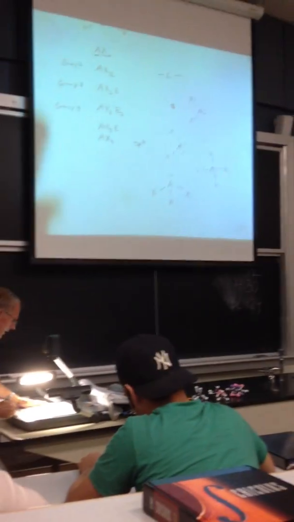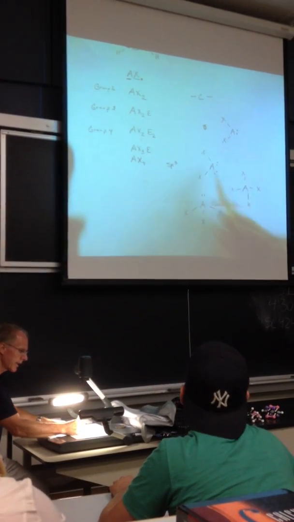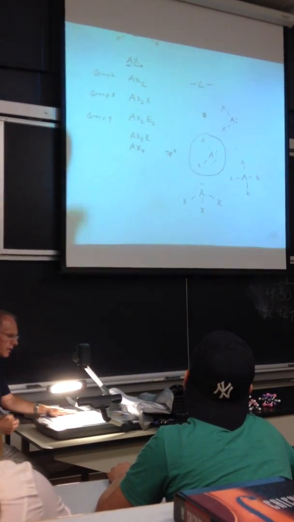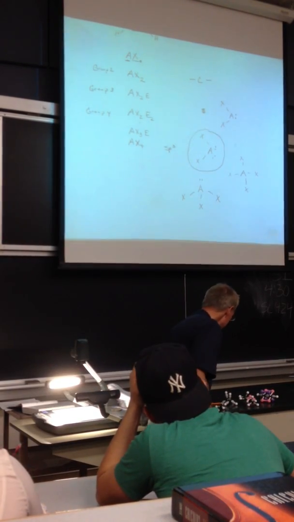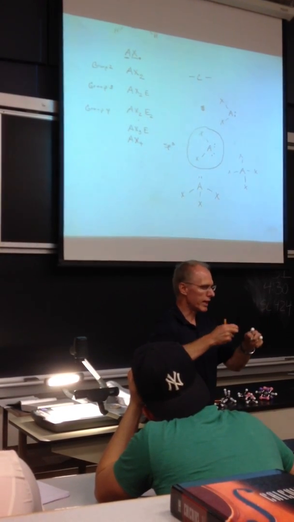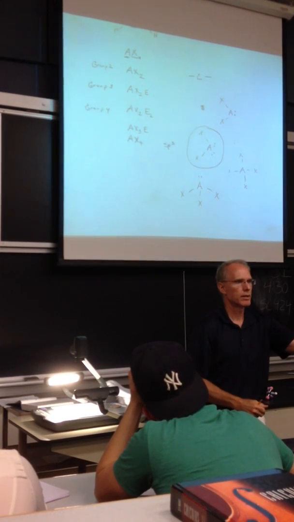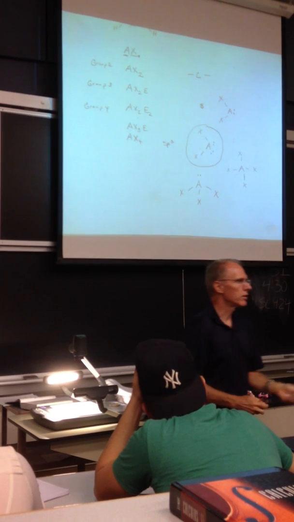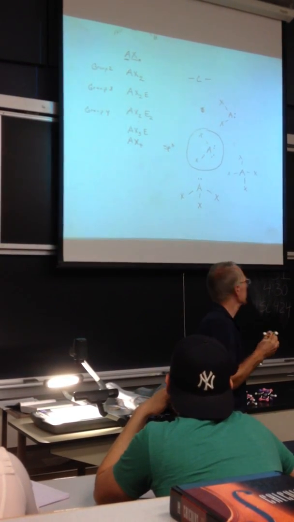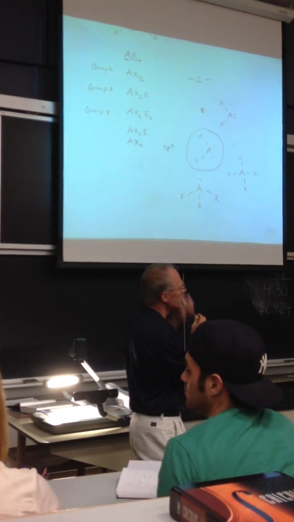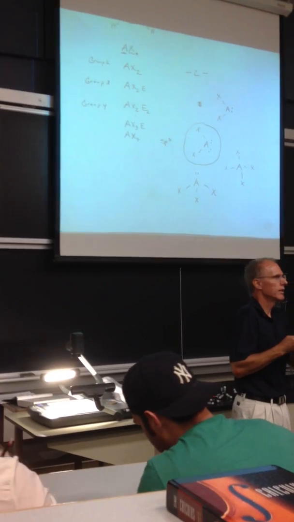What's the other situation here? AX2E2. What is the geometry behind an AX2E2? If I start with my tetrahedral geometry first, and I pull off 2 atoms, and I have 2 unshared pairs of electrons, that means this is angular or bent. Okay? You need to review that stuff. Very, very important. I give you a paper, download that. Review the group 1, the group 2, the group 3, and group 4. Would group 3 be